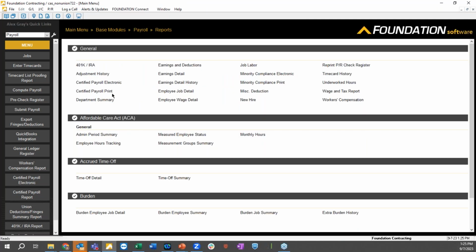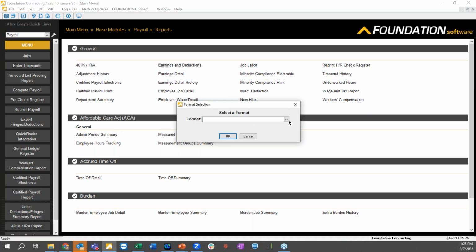And then another big one for those in the audience here, certified payroll, electronic and print format. So, hey, you have an electronic agency you're uploading to. We're gonna be able to create that file upload for you. So big ones out there, the California DIR, LCP tracker, the state of Maryland has their own agency here. A large number of electronic formats available inside the system, whereas, hey, you're doing this manually, you gotta log into LCP tracker and key in all this information when it comes to those certifieds. Not with our system. You're gonna access the report format.